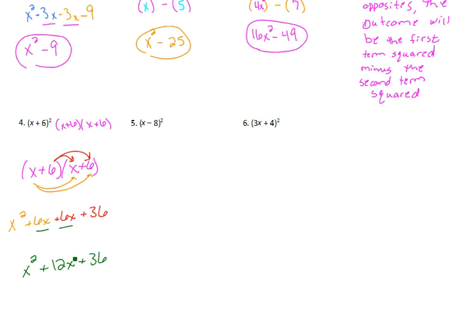Where does this 12x come into play? Well, notice that when we distributed this out, we combined two twins of those two together in order to get a 12x. So we doubled the product of both of them together. Okay, so when multiplying exact twins, and I'm going to say that, like binomials,